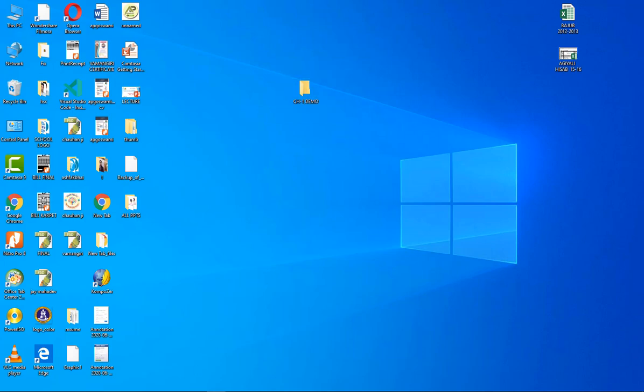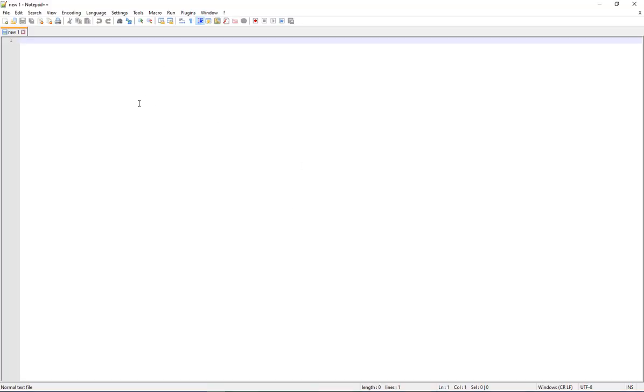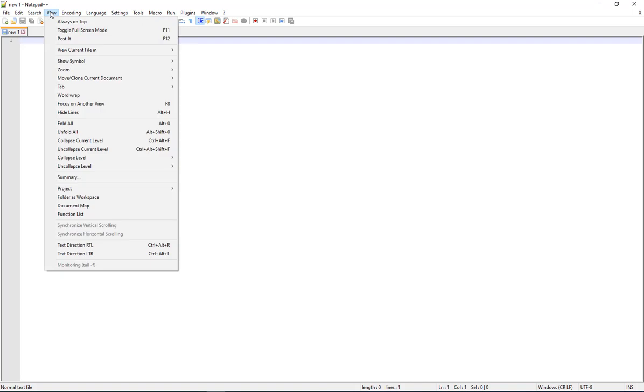Notepad++ is a very simple environment and the most powerful for creating any scripting language or HTML web page development. We can also use it for Java programming at the next level, but today we use it for HTML.